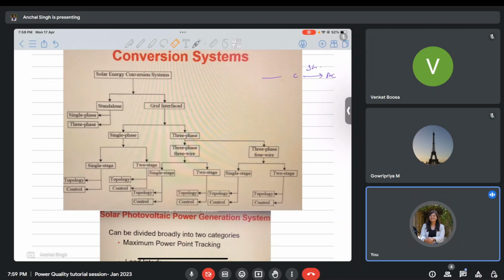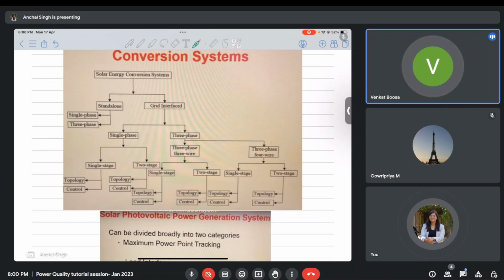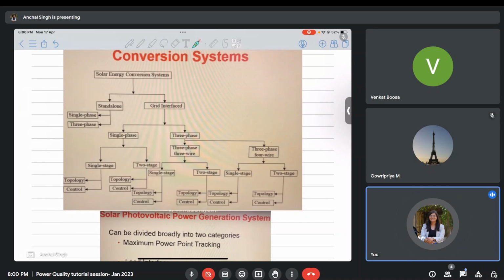So people have just come up with different topologies, and surprisingly, there are a lot of applications in which even multi-stage might be of use. Suppose I have a circuit in which the diode bridge rectifier output is already present. Then instead of putting in an additional one, generally, for solar, two-stage conversion is used, madam. Solar, like intermittent nature. I don't know which ones are used practically, but I think solar two-stage ones are cheaper and they are bulky in size.